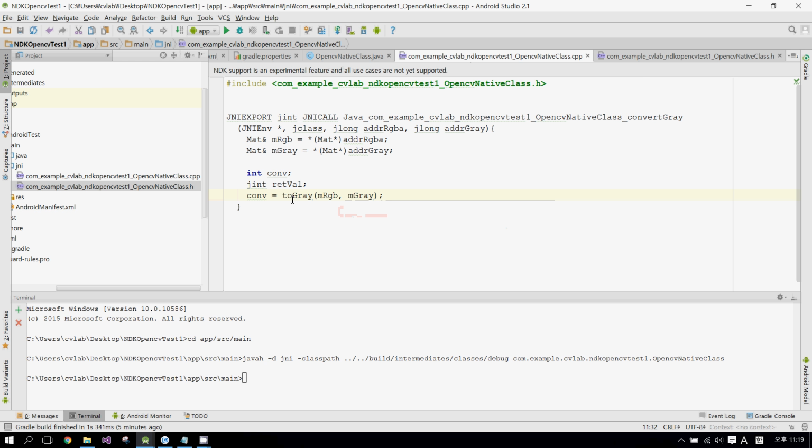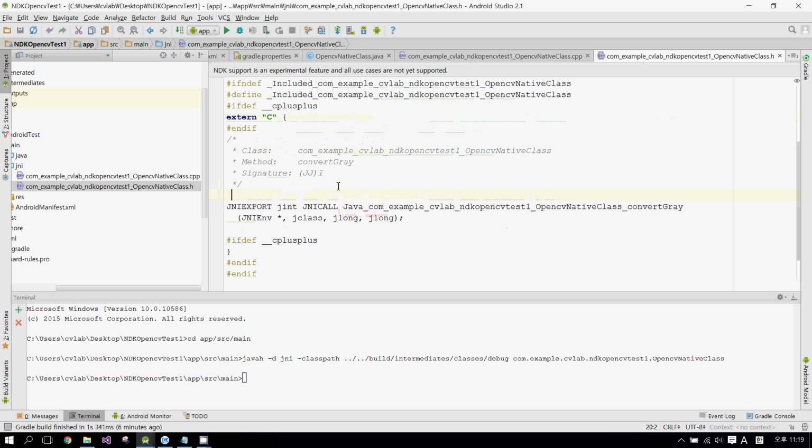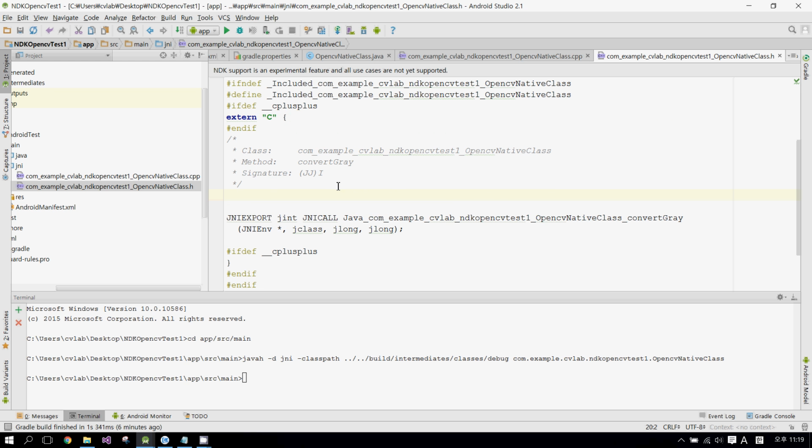And in order to define the toGray function, we need to declare it in here after the extern C. We'll define toGray image. The return value is int type, toGray, and we have mat img and mat reference gray. Okay,